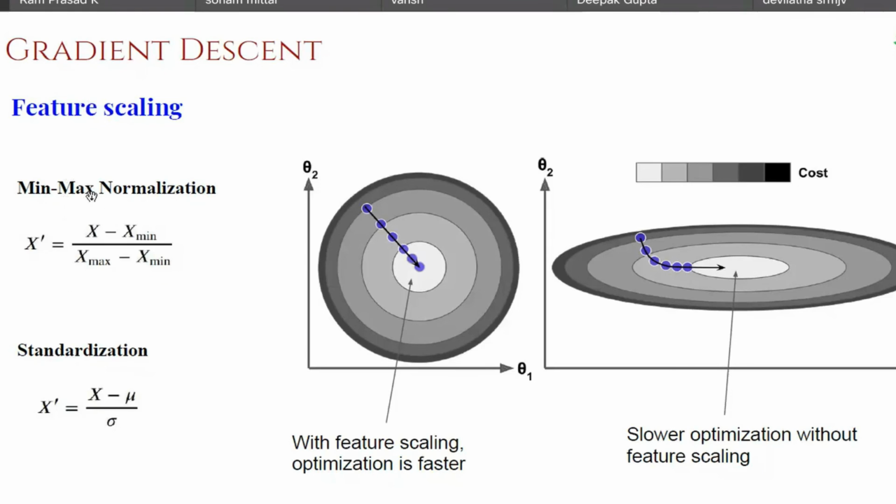In min-max normalization, what it does is that it will find the minimum and maximum value of x1, x2, or x3, and then it will apply this equation: x minus x min divided by x max minus x min. So what it will do is force, no matter what, if x1 is between 1 lakh to 1 million, it will scale it down to 0 to 1. The range will be between 0 to 1.